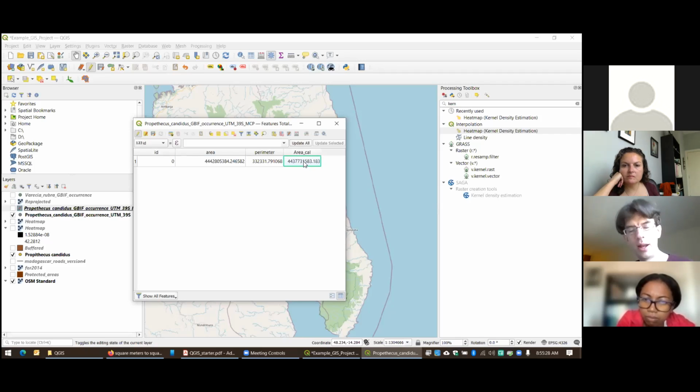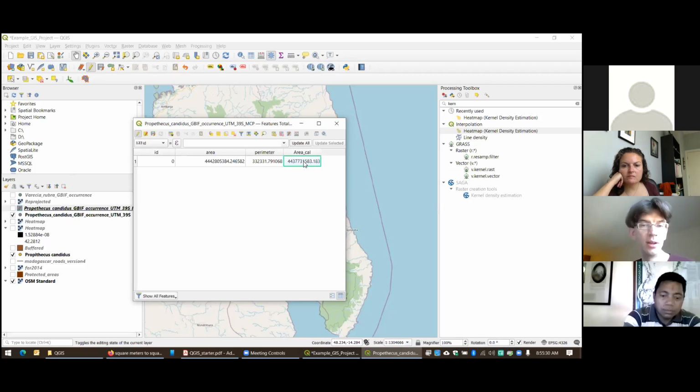And a big part of that has to do with the way that the area is being calculated. And there are different ways that the area is being calculated. And I need to dive in a little bit deeper and try to understand why these areas are being calculated differently with the same polygon. And again, it likely has to do with the projections that we're dealing with. And I don't have a good answer for you today, but I can get that for you.